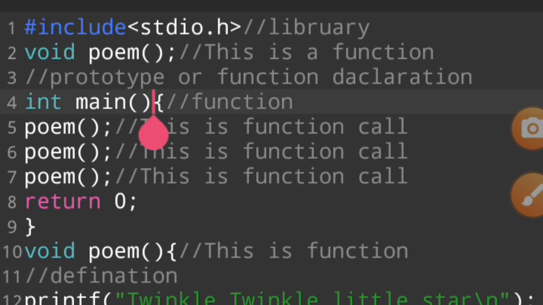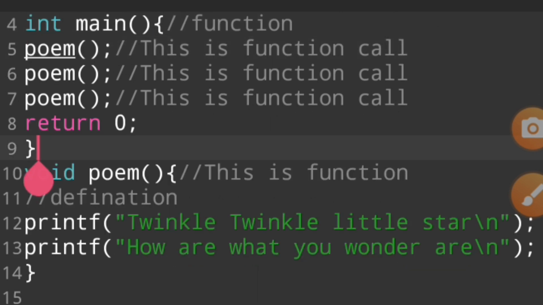our compiler goes back to integer main, and integer main gives the compiler access to read another line, and the compiler reads this function call, and with the help of the function call goes to the function declaration, which does not take or receive any value. With the help of function declaration, the function call goes directly to this area. This is called function definition. And then the work of the compiler is started.